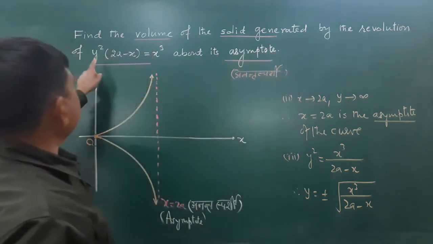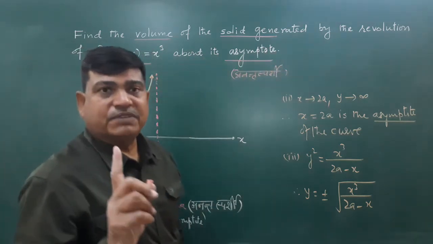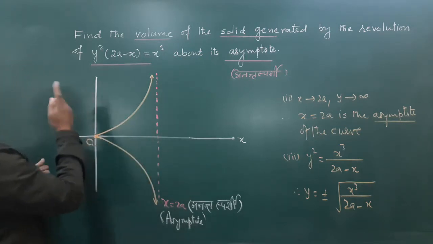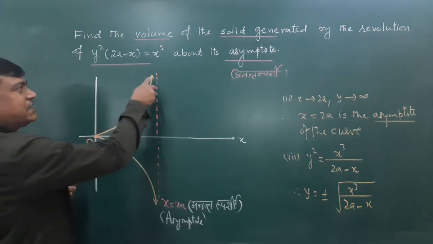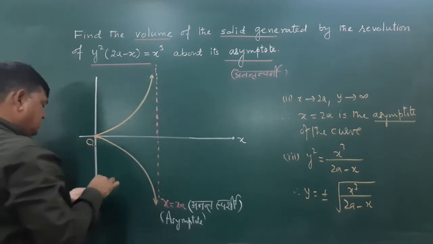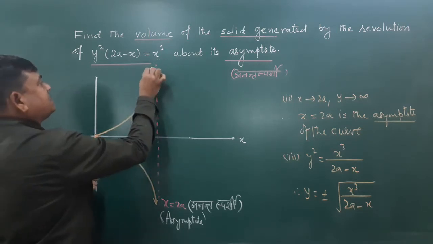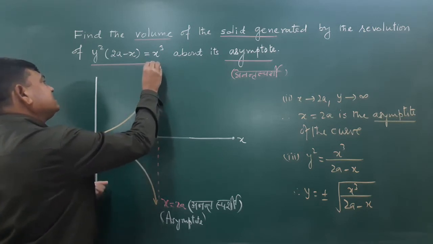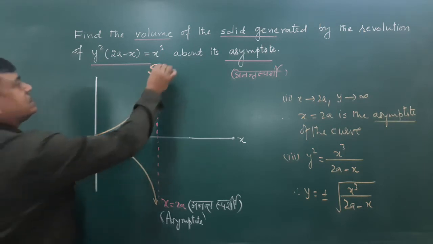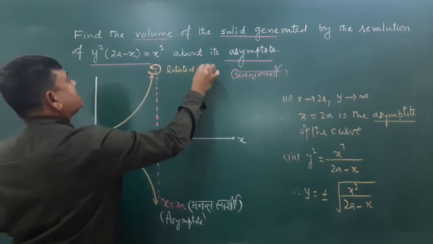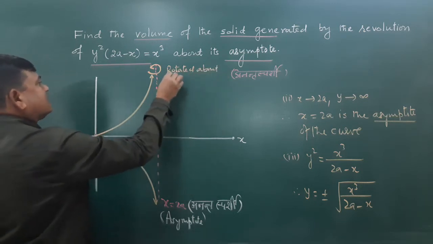Generated by the revolution about its asymptote. न तो एक्स एक्सिस के रेस्पेक्ट में रोटेट करवाना है, न वाई एक्सिस के रेस्पेक्ट में रोटेट करवाना है, इसको रोटेट करवाना है एसिम्प्टोट के अबाउट। इसके अबाउट रोटेट होगा, मीन्स इट इज like this is the rotation, rotated about asymptote।